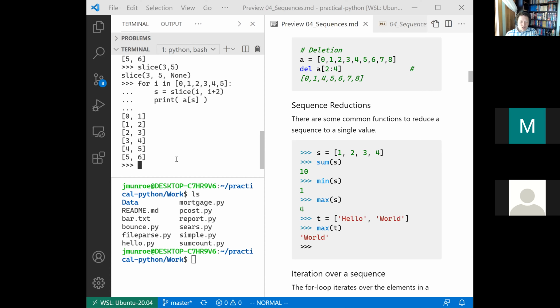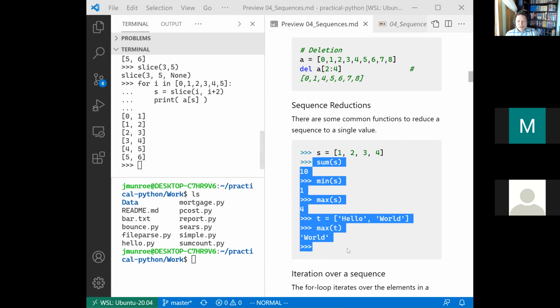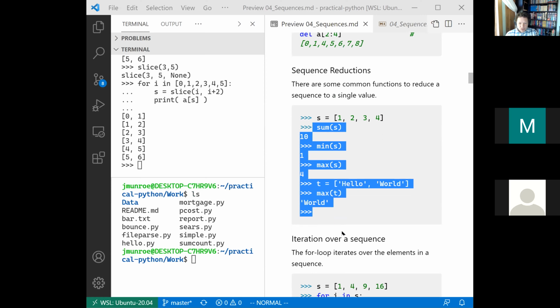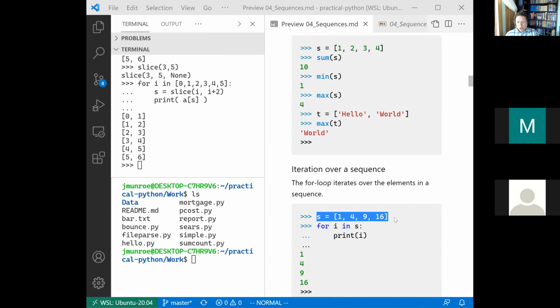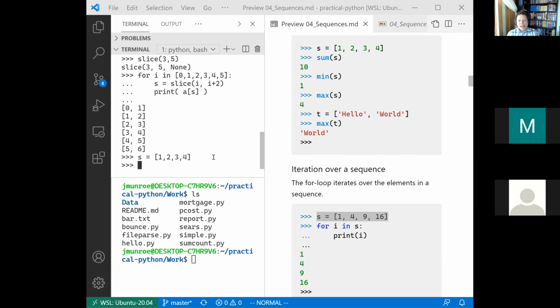So this idea of a sequence reduction, knowing these functions is an alternative to having to do an iteration over a sequence. You could always write your own function that iterated over a sequence. So let me just do this here as a demo. Let's say I had some sequence, 1, 2, 3, and 4, and my goal was to figure out the maximum value. Well, you can say